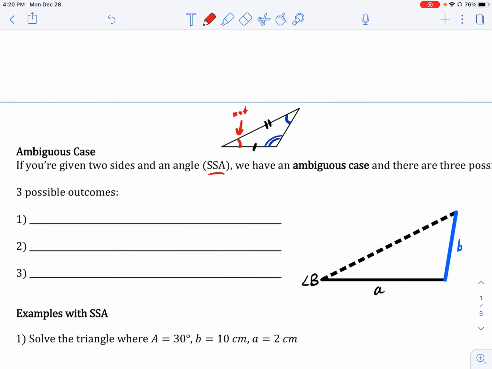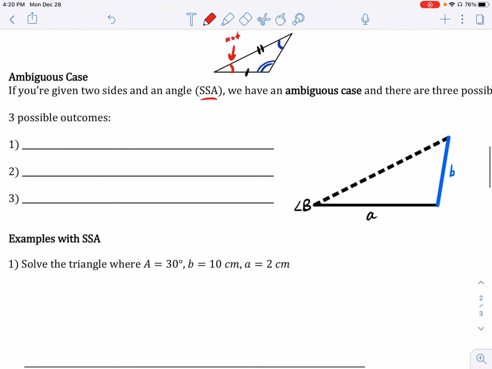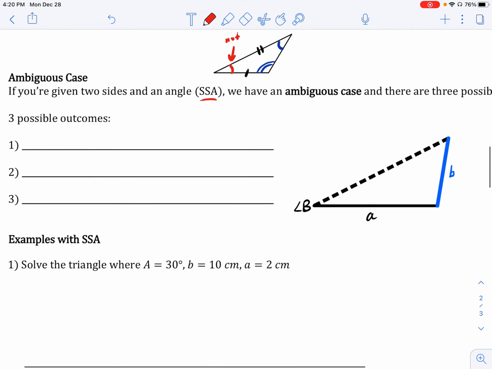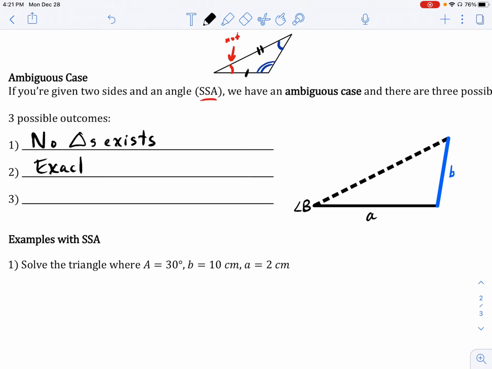And an SSA case is always ambiguous because there are three distinct possibilities or three outcomes that we may have given the lengths of the two sides and the measurement of the angle. And what we could have is the following three outcomes. We could have no possible triangle existing, meaning it's impossible for us to form a triangle from the two sides and the angle that are given to us. We could have exactly one triangle existing,